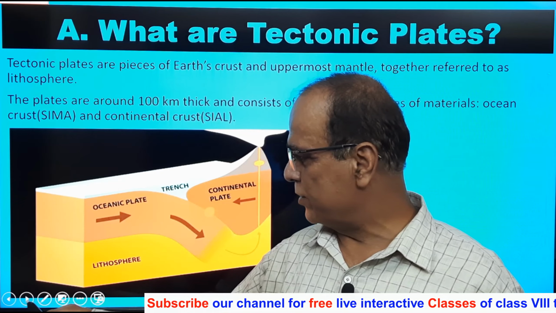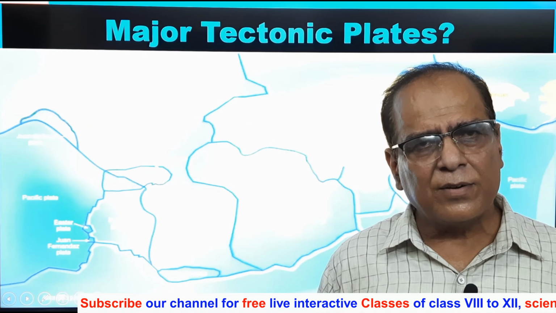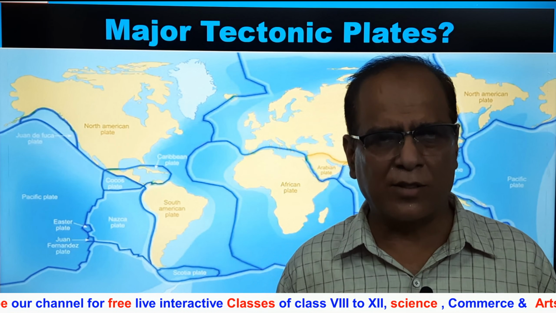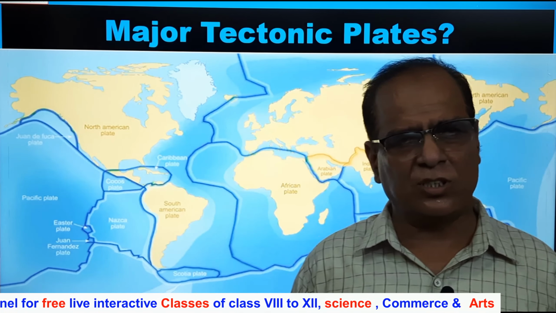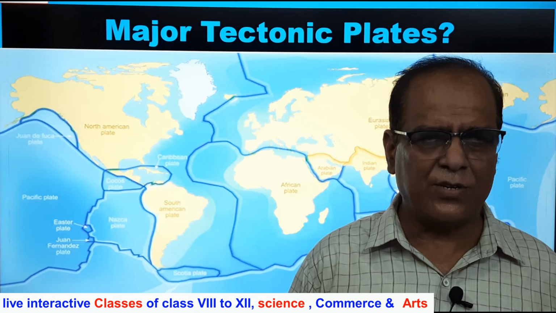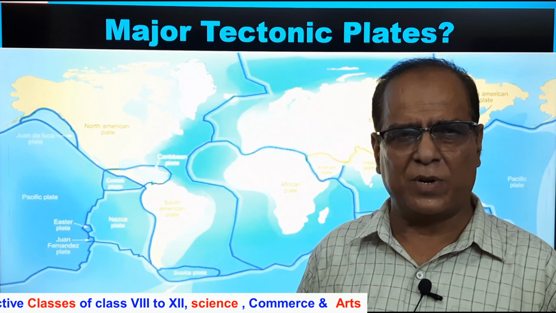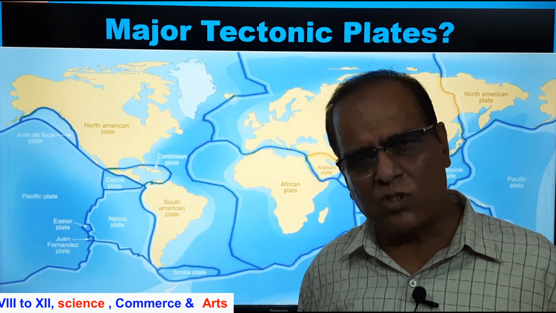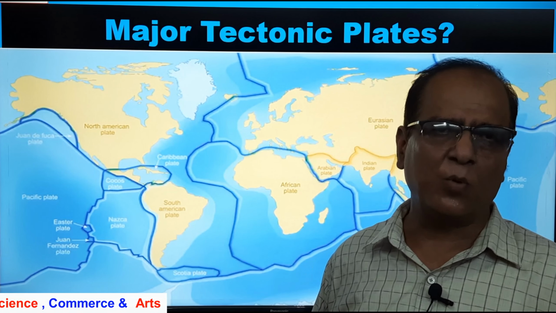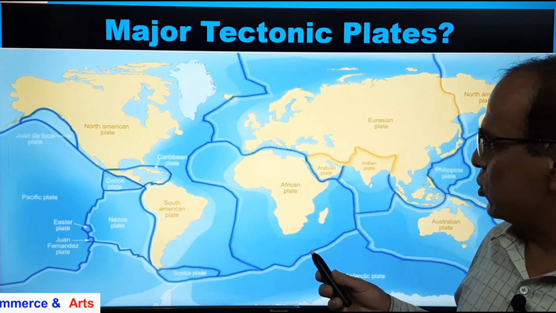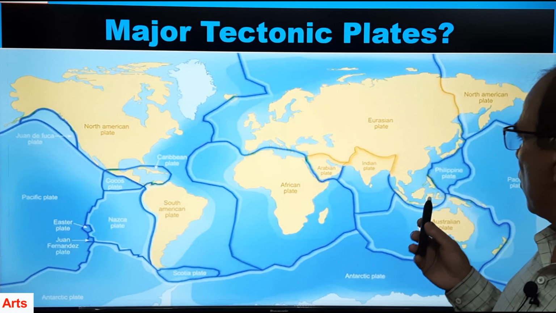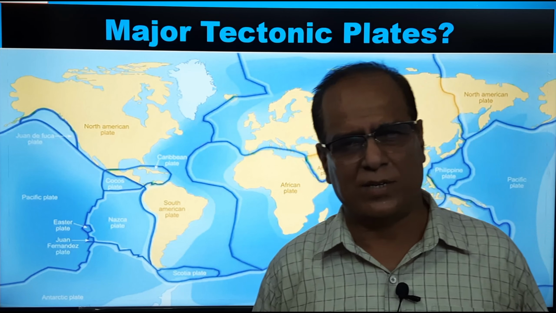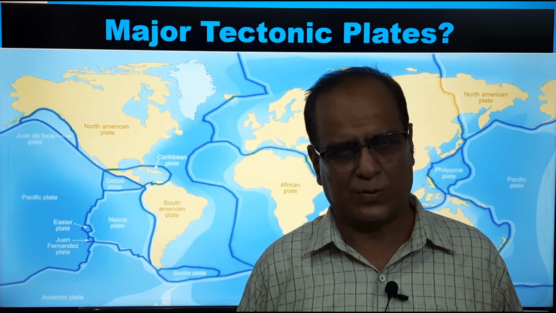Now let us see. Here we find the major tectonic plates found in the world. What all are there? Two things you are coming across here. One is continental plate and another is oceanic plate. I should point out that seafloor spreading is basically associated with the movement of oceanic plate. So I must show you what the oceanic plate is here. You see this part, where we have the Pacific oceanic plate. So here we find it.